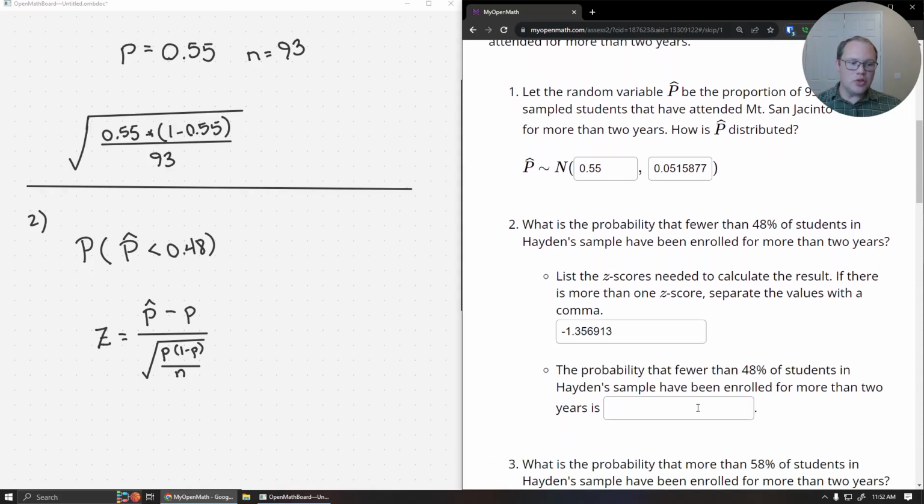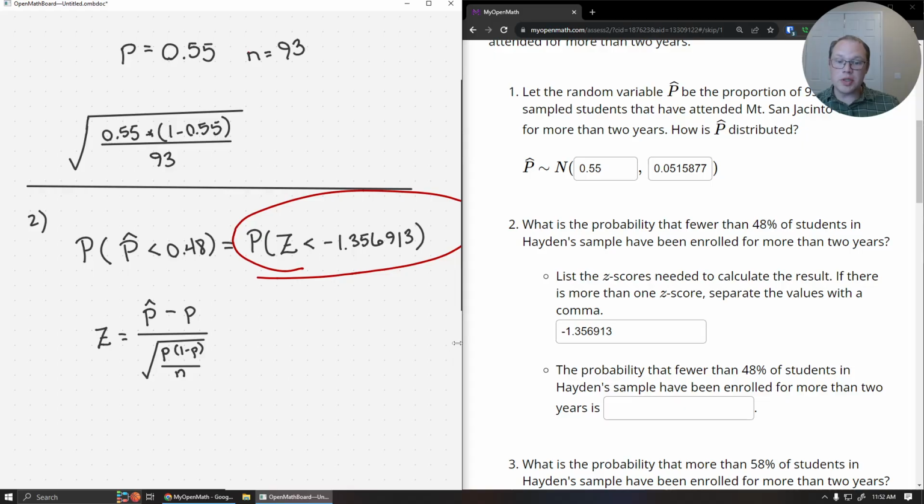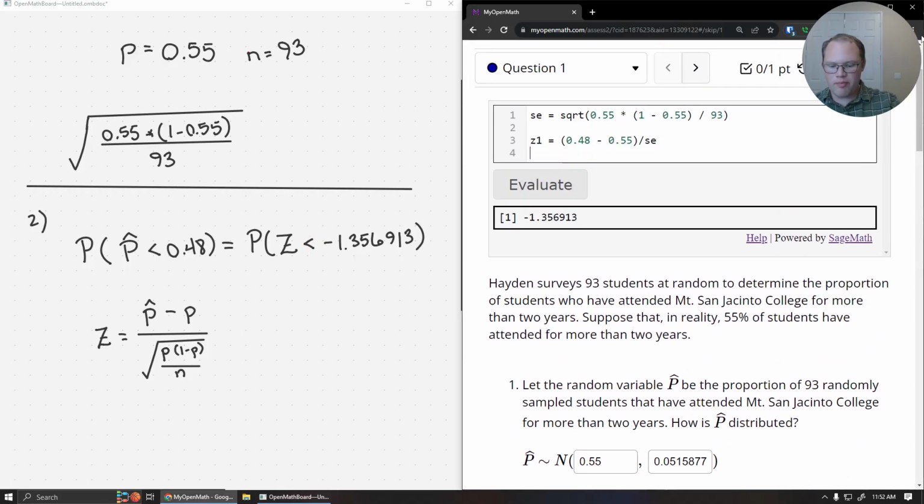Okay? And now using that z-score, I can find the probability, because this probability in our sampling distribution is also equal to the probability in the standard normal distribution that a randomly chosen z-value is less than our z-score of negative 1.356913. When we're dealing with a probability in the standard normal distribution, we use the pnorm function. Since we're interested in finding the z-values less than this particular z-score, we don't have to do anything special. We're just going to use the pnorm function as it is,